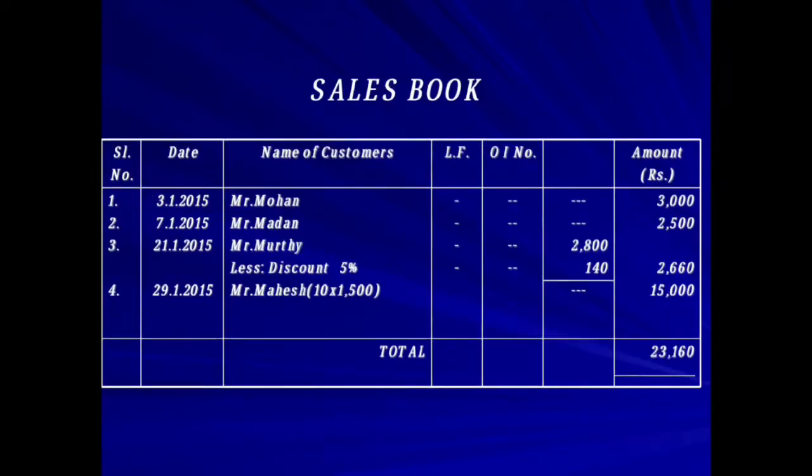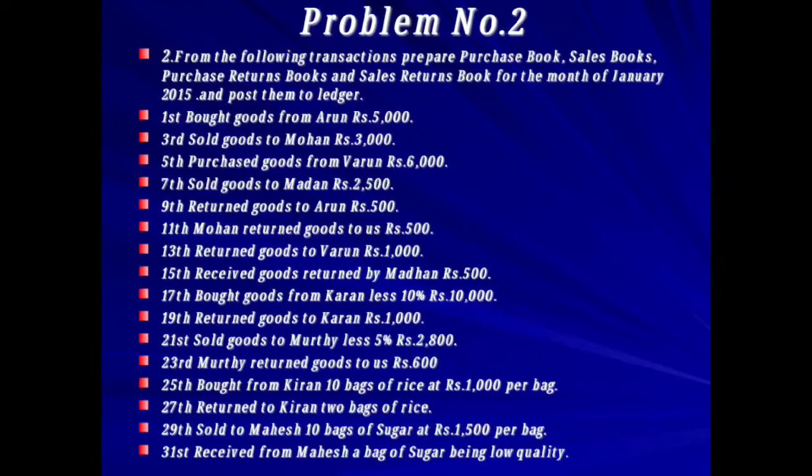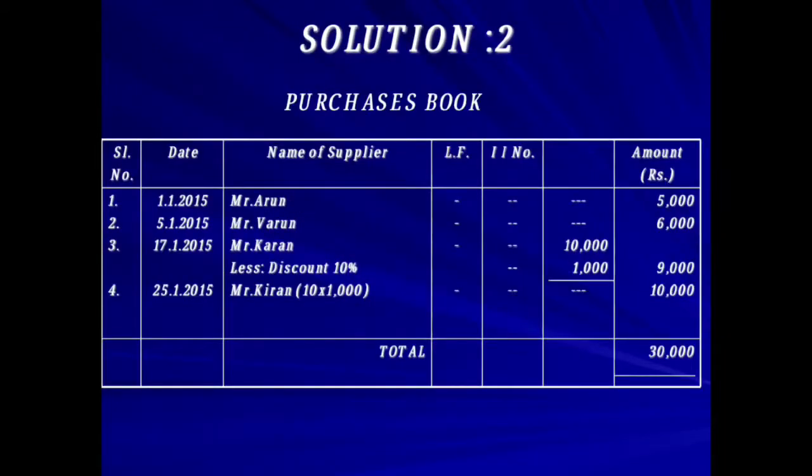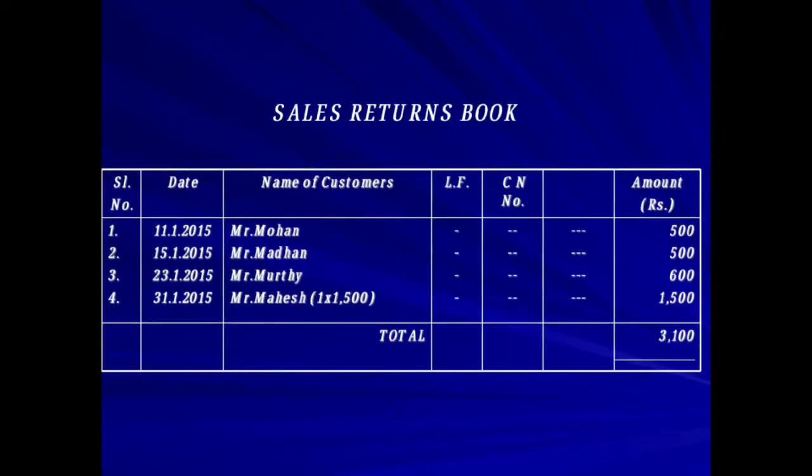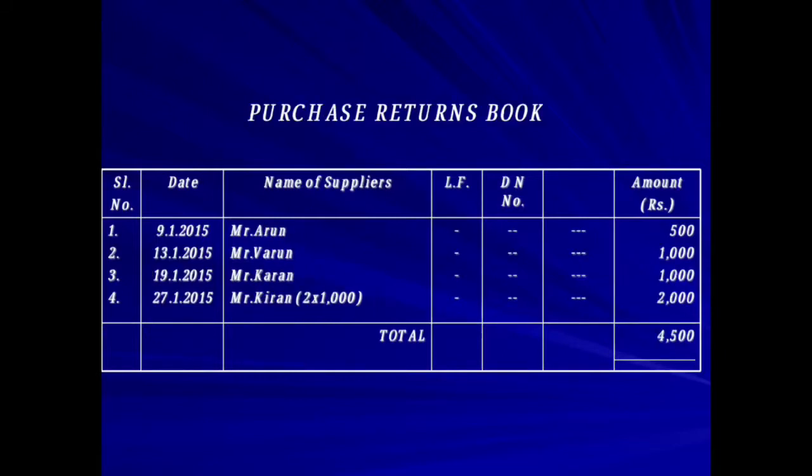Okay. Then next we will see on 15th. Received goods returned by Madan rupees 500. See, on 7th we have sold goods to Madan, right? From whom we have received the returns now. So it is a sales returns which you have to record in a sales returns book. Okay. See, second entry 15/1/2015. Mr. Madan, who returned the goods to us of rupees 500 here. Then next we will see